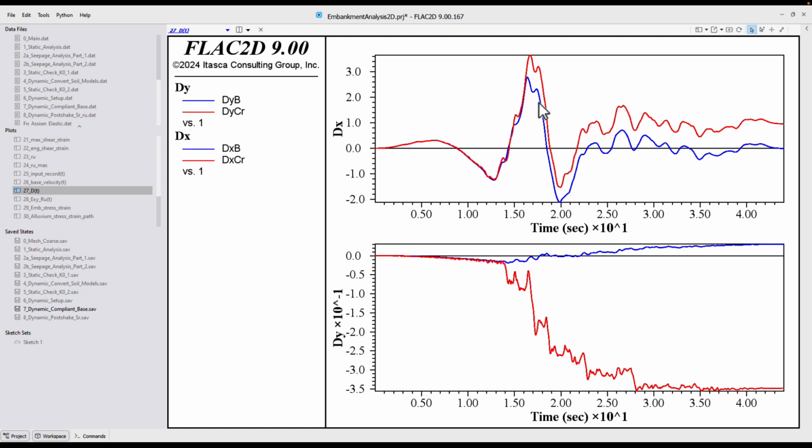Although, in the mode of movement or the mode of deformations for this particular dam, it's certainly moving back to the right and left, but along the crest, you have the embankment deforming downstream and upstream. And so it's like they kind of cancel each other out a bit at the end. Whereas if you look at this vertical displacement, you can see that you're accumulating